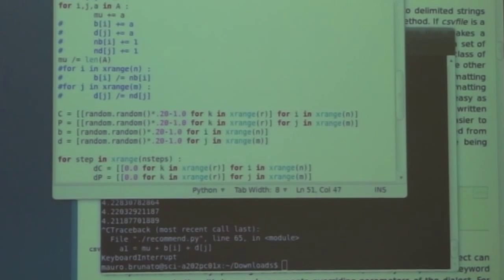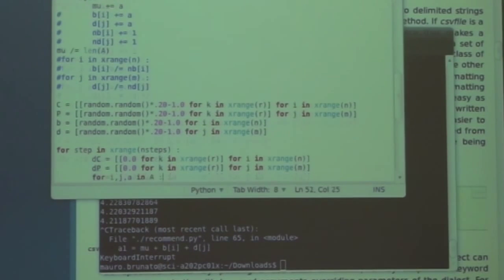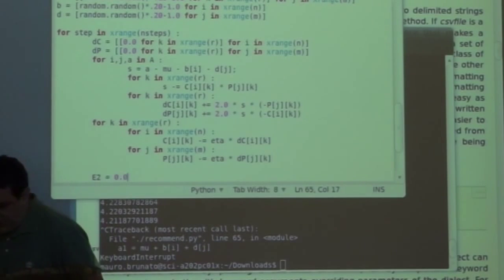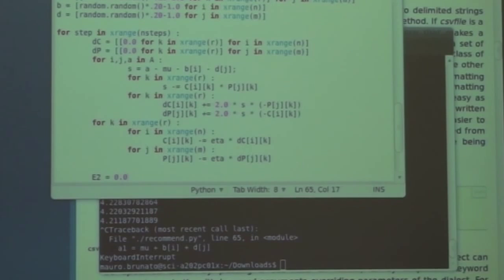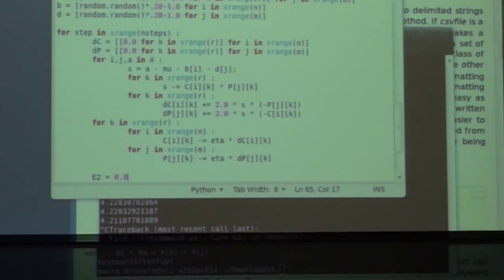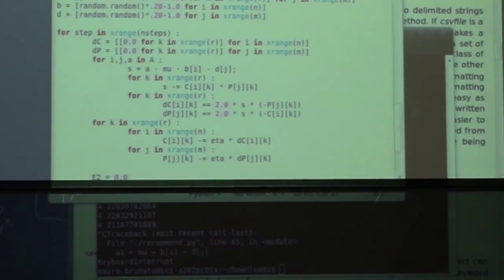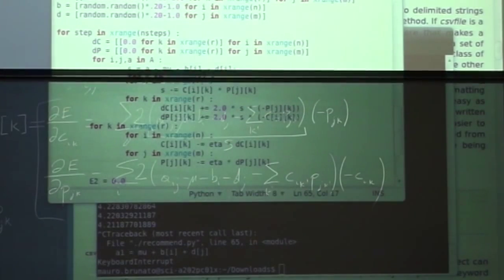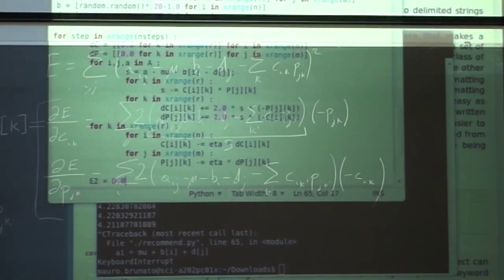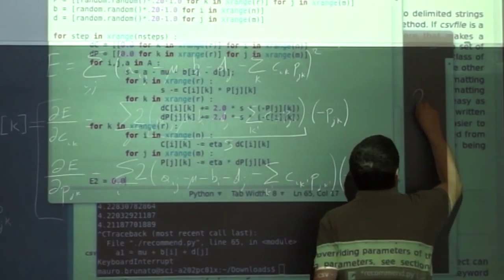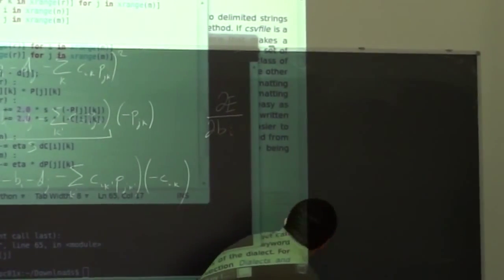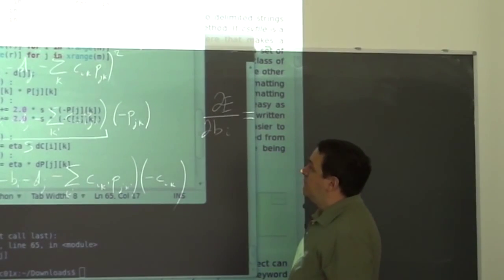Okay, so now I initialize B and D with random values, and I also compute the gradient of the function with respect to B and D, which is easier than the previous computations because, let's see, okay, actually, if I want to take the partial derivative of E with respect to Bi,